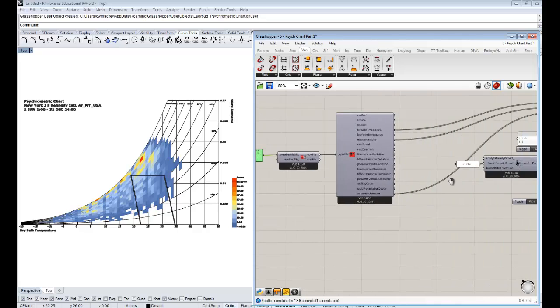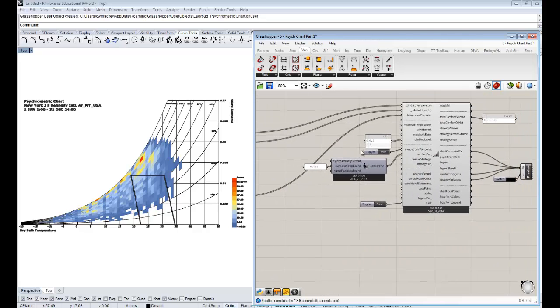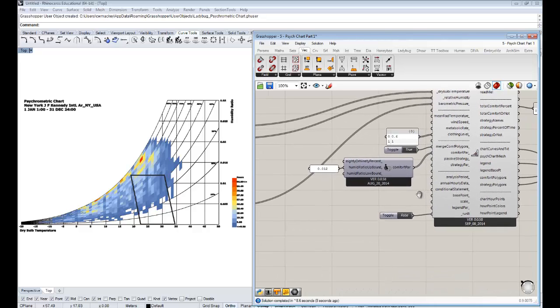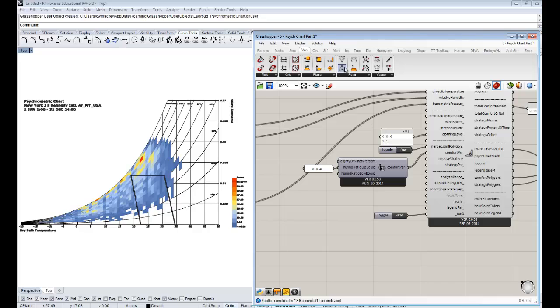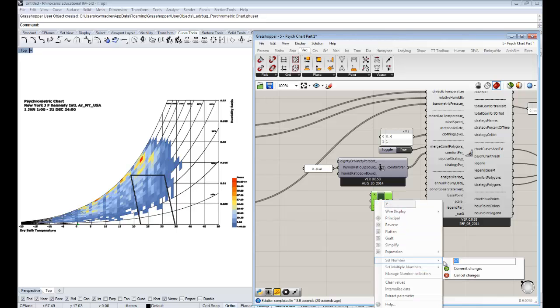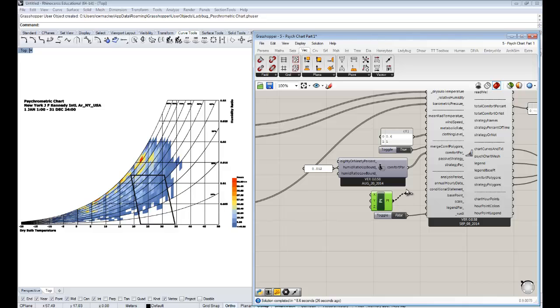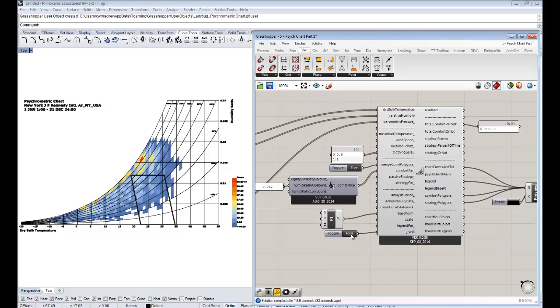Now we don't want this to generate on top of the other psych chart, so let's find a point to move that. For that we'll just use the native Grasshopper construct point component. We'll move it up a little bit in the y-axis, so let's set a number, maybe 300 Rhino model units above where we are. If you hook that to the base point, and then set the psych chart to run to true, we'll keep our New York one here just for comparison, but we will get both New York and now above it,